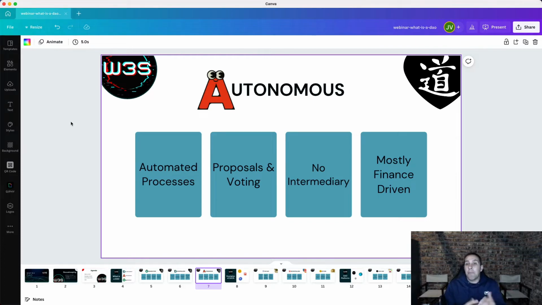And it's most of the time financially driven. So it will usually be transferring of funds from one wallet to another wallet. But thanks to oracles, it could actually go past that, and it could trigger external webhooks in order for certain things outside the blockchain world to occur as well. So don't think of it as only something that could exist on the blockchain. It spans much further than that.